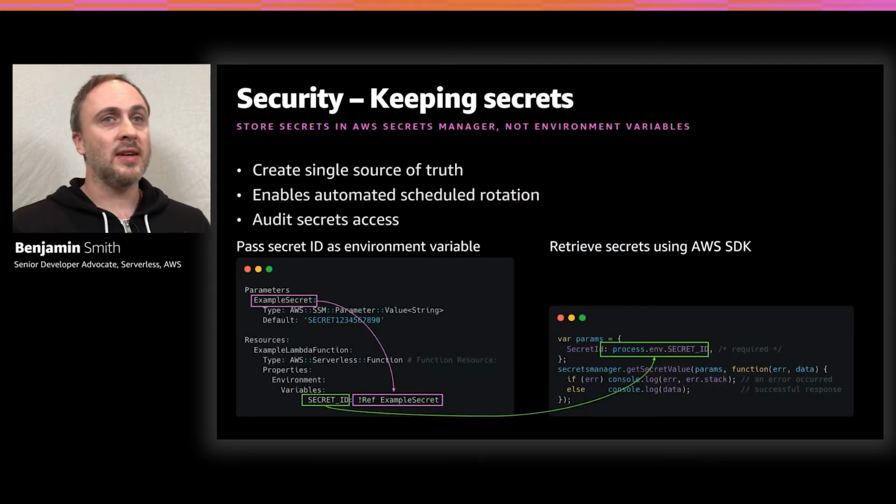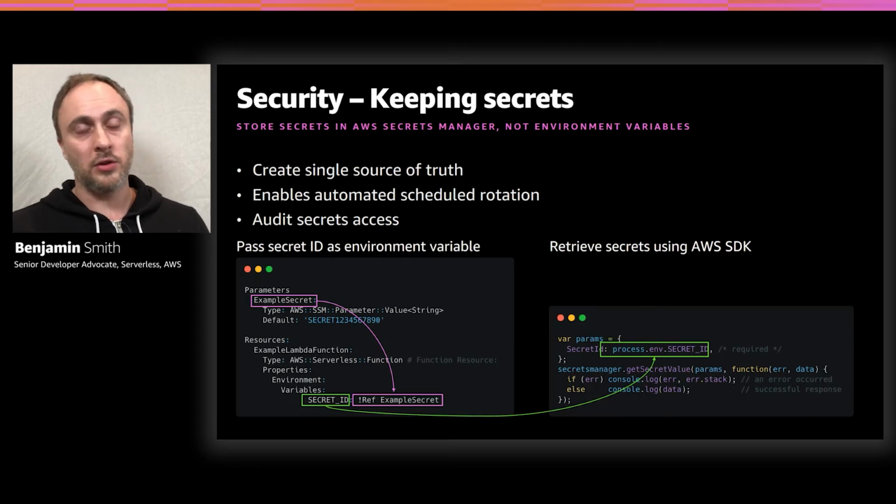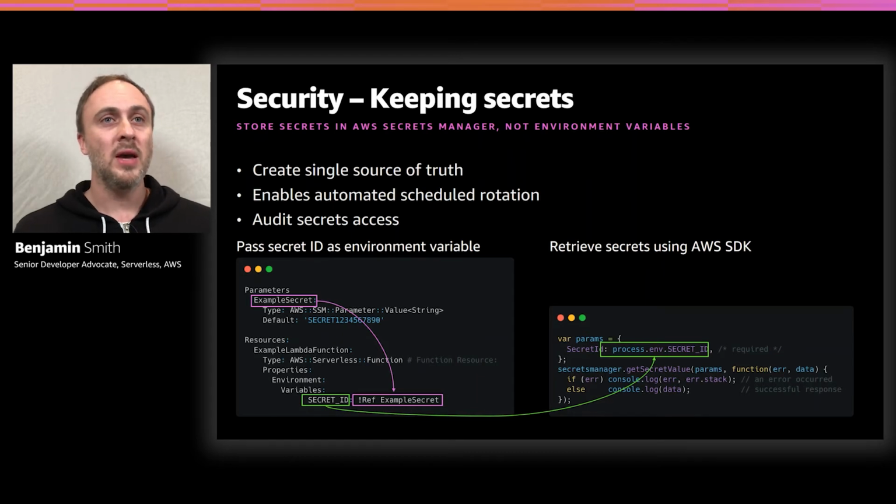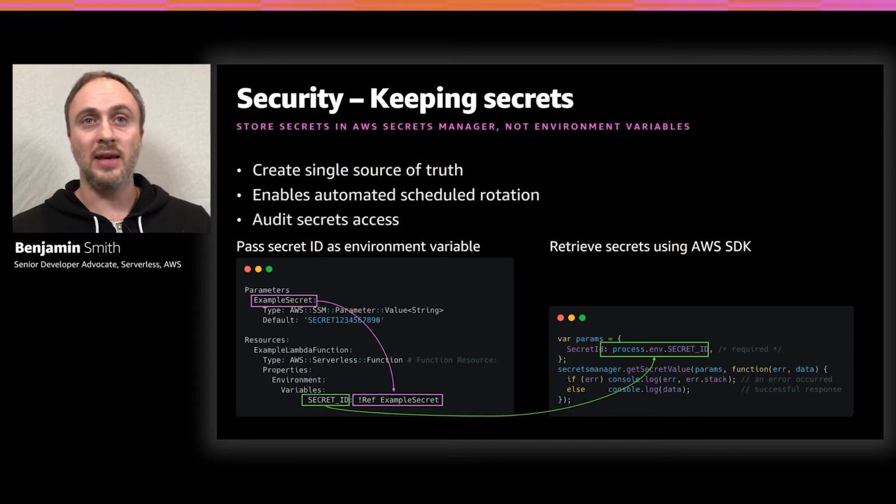Keeping secrets and sensitive data is another very important part of building and growing serverless applications. And the best way to do this is to use the managed services available to you. You don't want to be placing sensitive data in your code, as that might very well end up in some repository somewhere that you didn't wish it to be or that you might not know about. So it's best to store things like API keys and secrets in AWS Secrets Manager. And this also helps to keep a single source of truth and enables you to automate the rotation of these